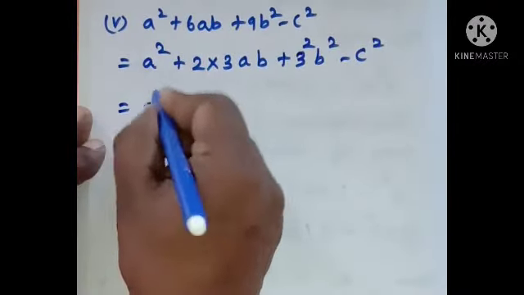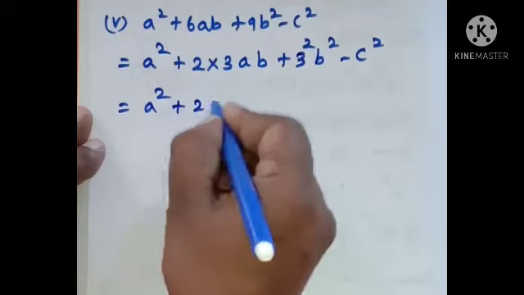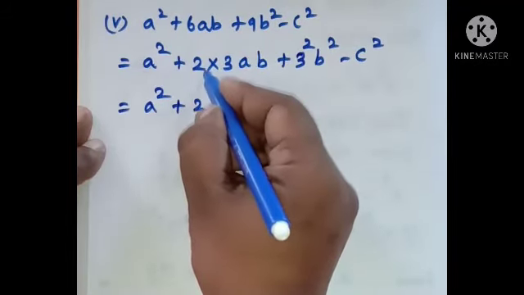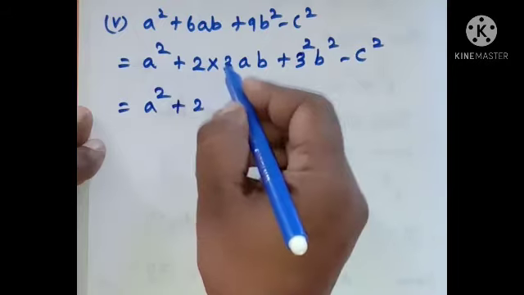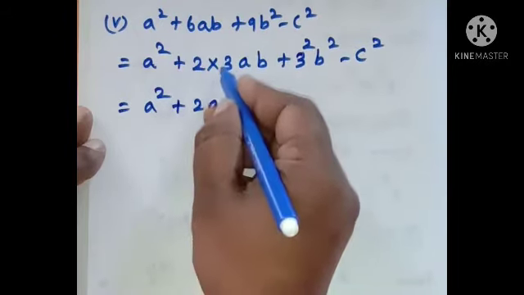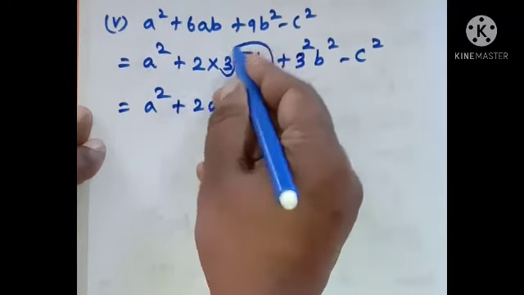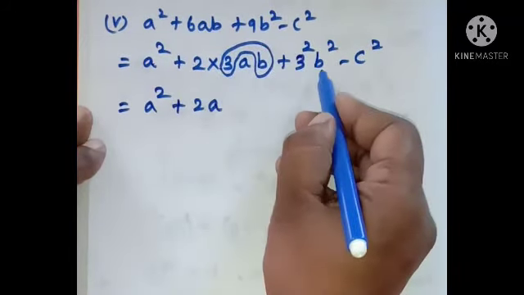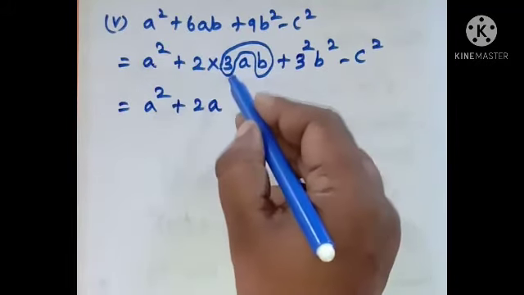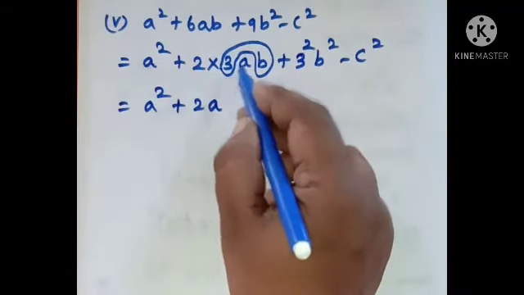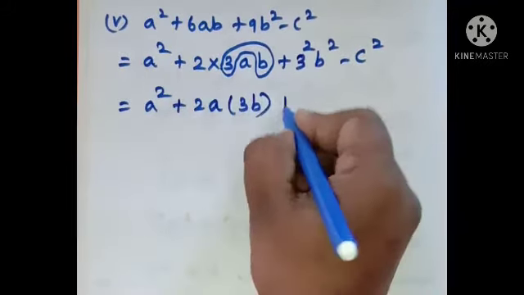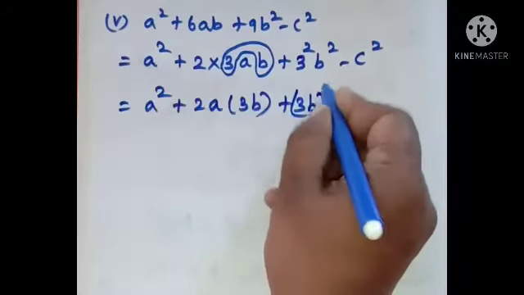And a square plus 2, so we can write it as 2 into a and b. So 2a, here b, in place of b square it is 3b. So for that we are grouping 3b, okay, 3b the whole square